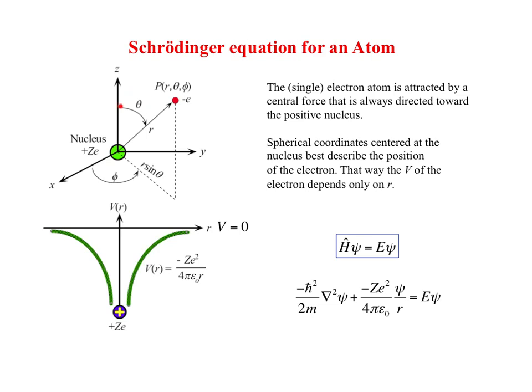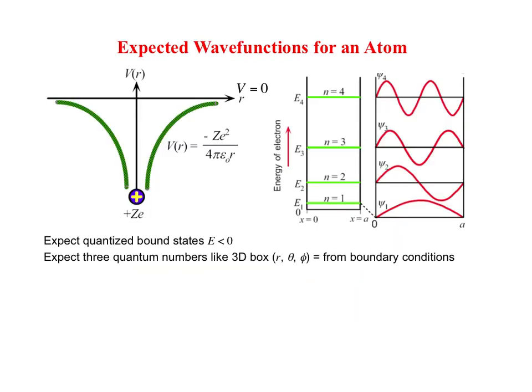Theta represents the angle between the r vector and the z-axis, and phi represents the orientation of the electron around the z-axis. Using this coordinate system, the potential term in our Schrödinger equation depends only on r and not theta and phi. To solve the problem, then, we will need to use the divergence, which is the second spatial derivative in spherical coordinates. Before we do the math, we can get a good idea about what wave functions we expect